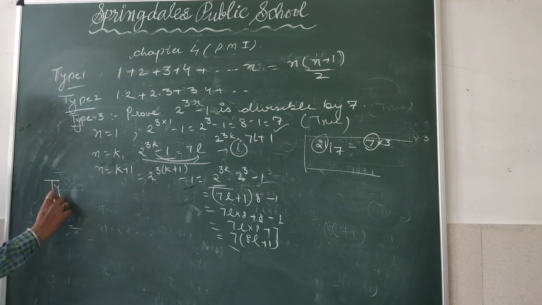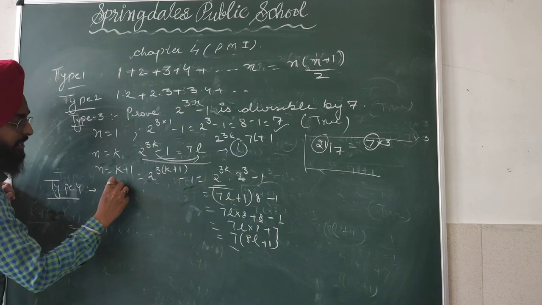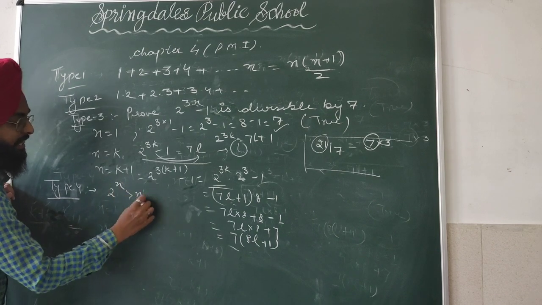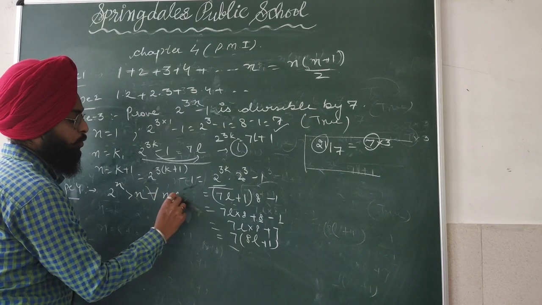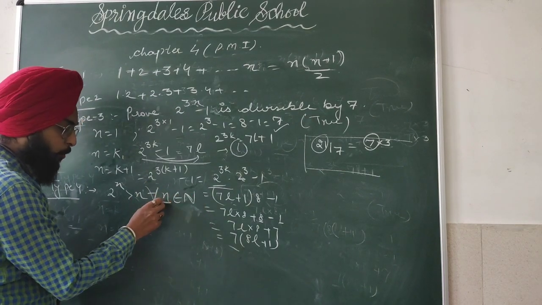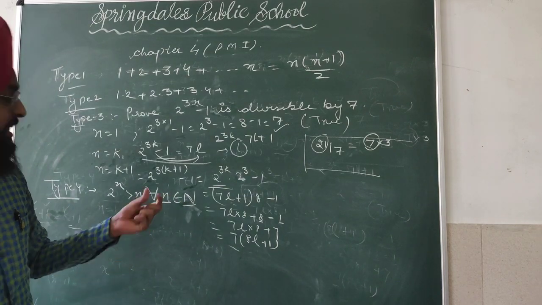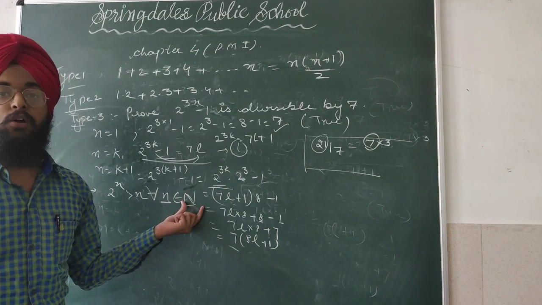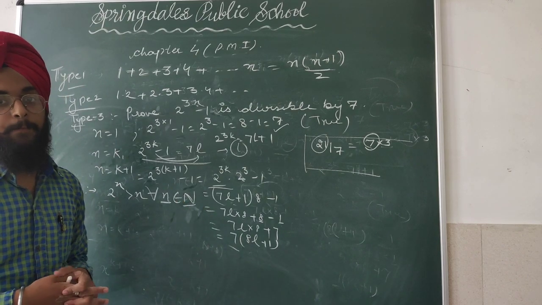It's now time for the type 4. Here you have like this. कैसे कर सकते हो? Type 4 इतनी ज़्यादा important नहीं है, but you have to know about this. That is 2^n is greater than n. You have to prove this one, for every n belongs to N. This small n belongs to N. N is what actually, set of natural numbers. ये n natural numbers को belong करता है, that it's any number in the natural numbers set.